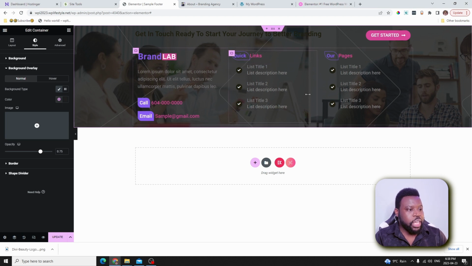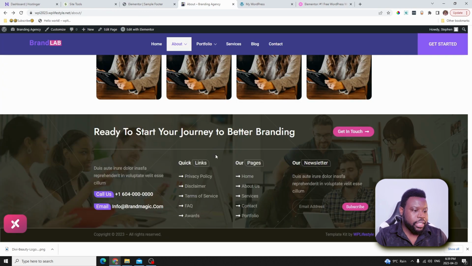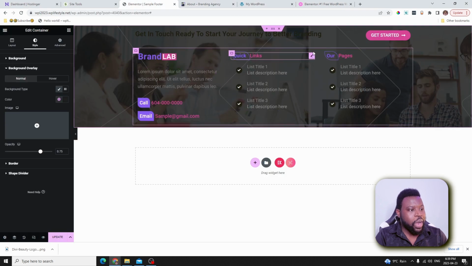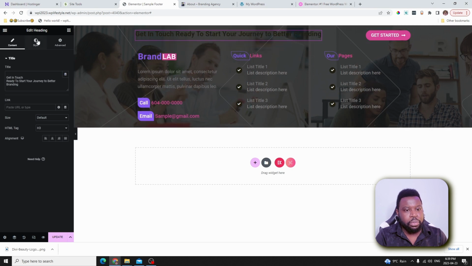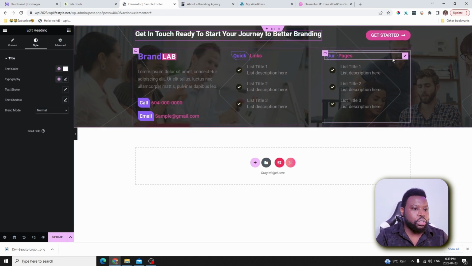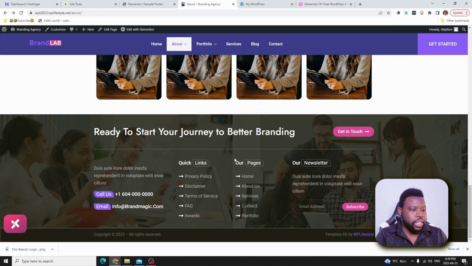And make sure that once you are doing all your footer layout like this, you use color that is going to blend very well with your background image as well. You can see that the colors that we're using right now is not really good compared to the colors that we're using over here. So maybe you can actually use white colors over here, if you get what I mean. Let's go ahead and change this call to action to a white color, for example. So once you change this to white, you can see that it's looking a lot better. And then over here, you can see that we have some spacing in between the call to action and also the line that we have here.